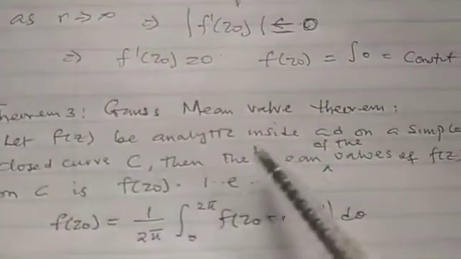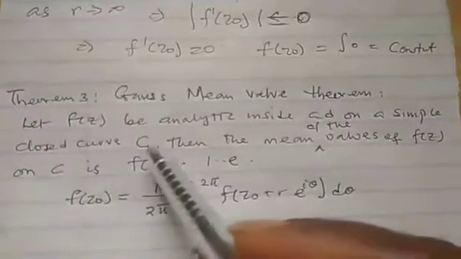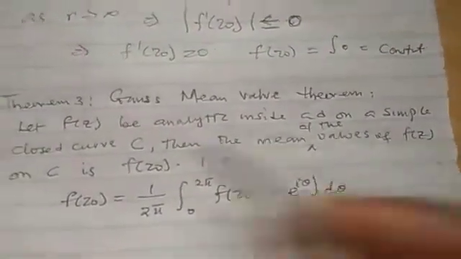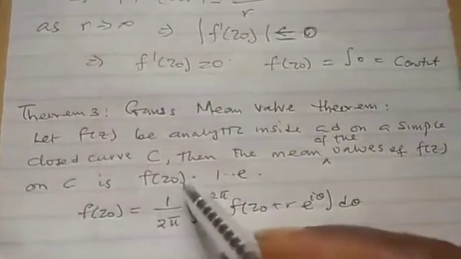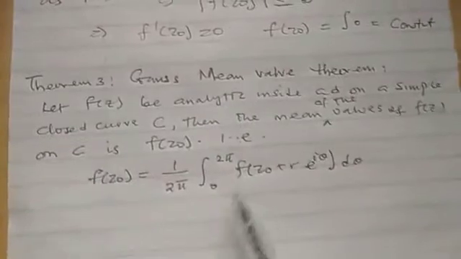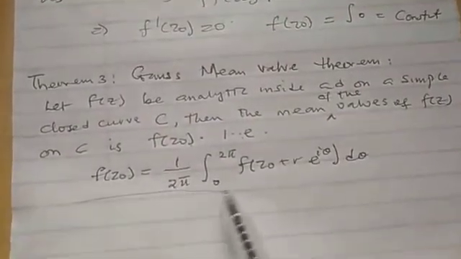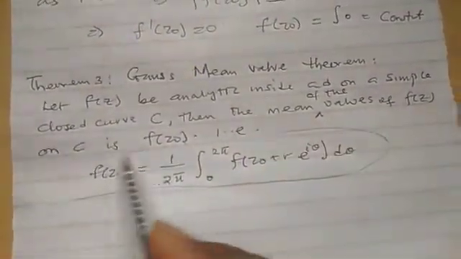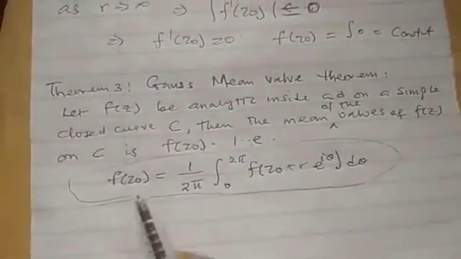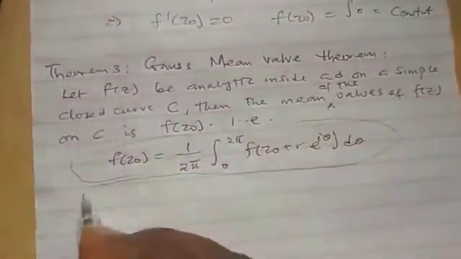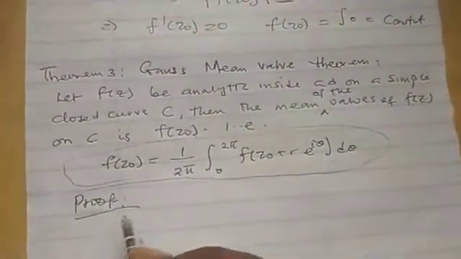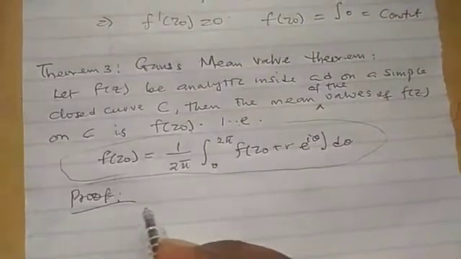Now let f of z be analytic inside and on C, then the mean of the values of f of z inside C is f of z naught. So that is, if you use the mean value in real analysis, we express it like this. If you look at it, it still resembles the Cauchy integral formula. So let's prove it. We recall from the Cauchy integral formula that it says